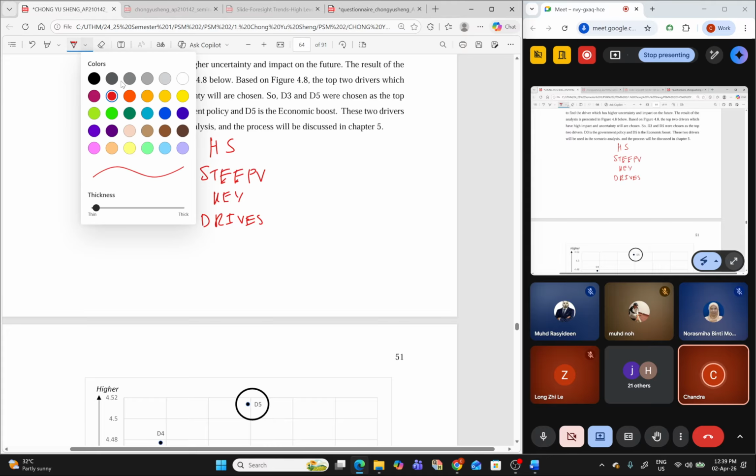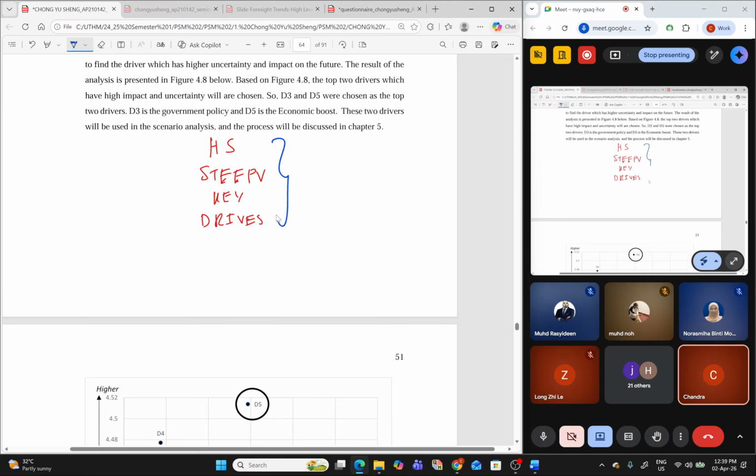Ini adalah chapter 1 hingga 3, and you akan guna qualitative. Okay, you akan guna qualitative method chapter 1 hingga 3 ni. Yang terus you akan bentang lah. Inilah you akan bentang nanti seminar PSM 1 nanti.